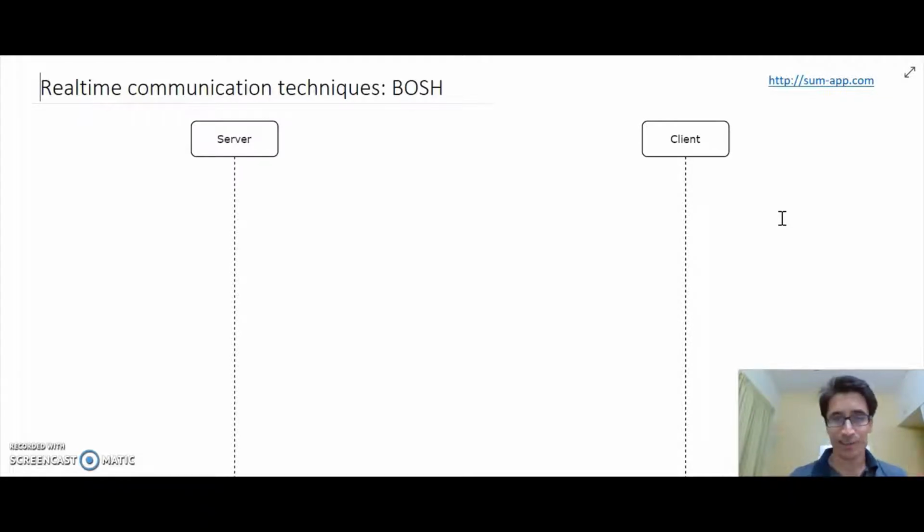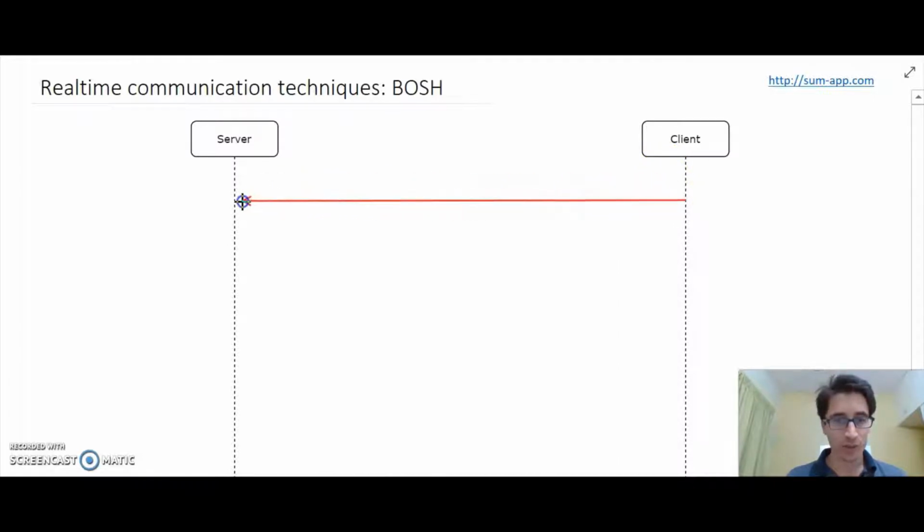This is one of my favorite techniques, as it is quite a hack, and as a computer science engineer, it always fascinates me how interesting things can be hacked from available options. So let's look at what happens in this technique.